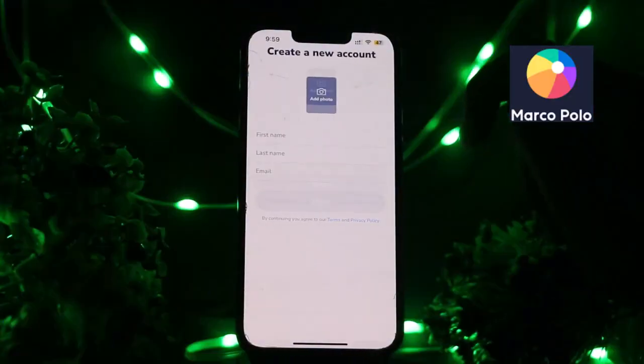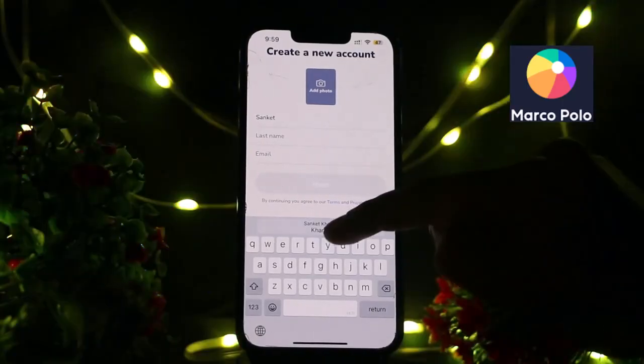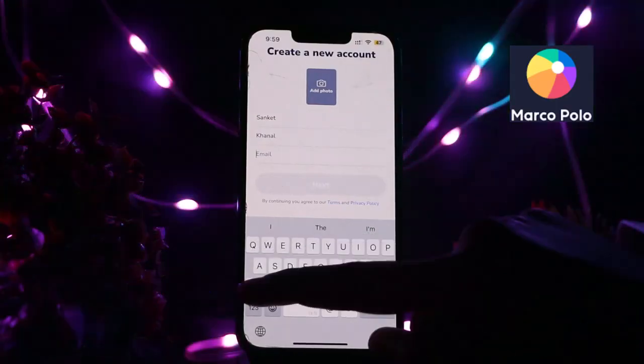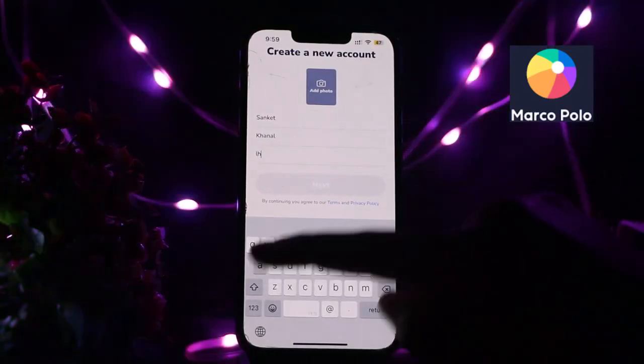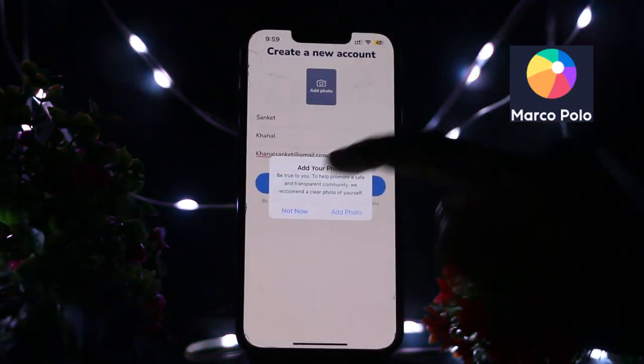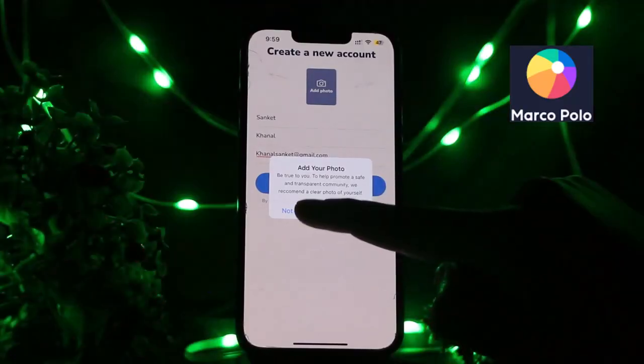So after receiving the code, you need to simply enter the code, and you need to enter your first name, the last name, and the email address of your account. So if you want to enter the email address, you need to click on the option of email, and you need to simply write your email address. So after doing all of it, you need to click on the option of next, and if you want to add a photo, you may click on the option of add photo or click on the option of not now